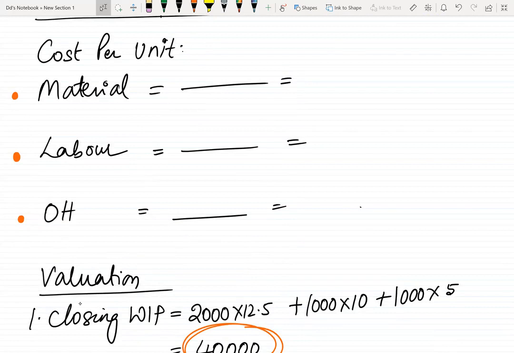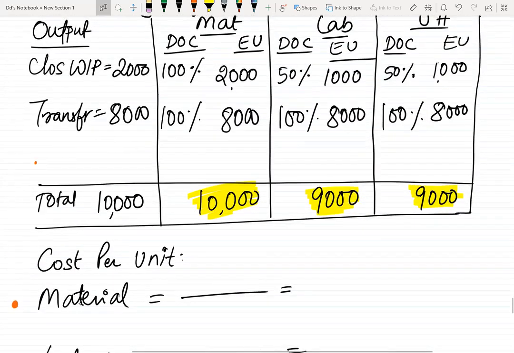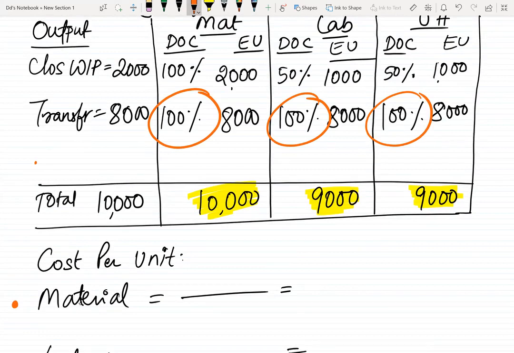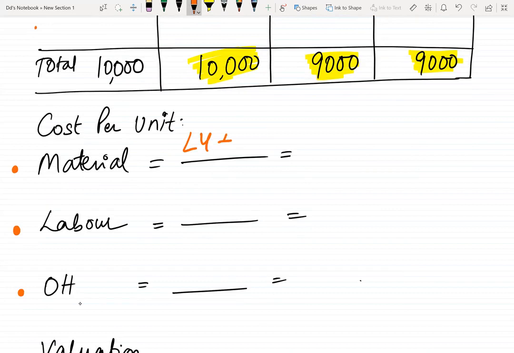When I said average cost method, and here I said just take 100%, I said one line. Whether you have incurred it in the previous period or in the current period, in total it will be 100 only. That means the average cost method doesn't bifurcate what you have spent in the previous period and what you're going to spend in the current period. It says add both. Now tell me, when you are adding units of last year plus current year, even the cost you should take as last year plus current year.